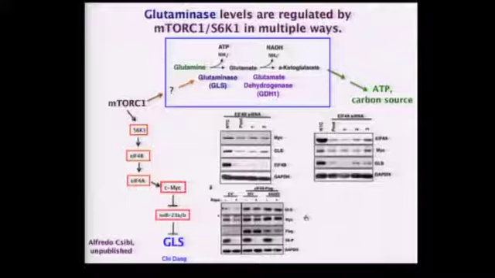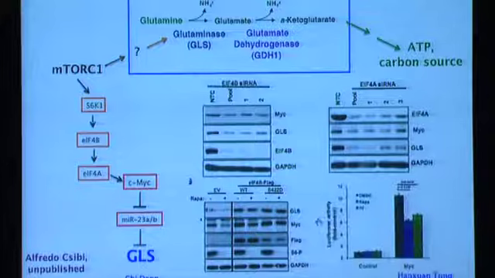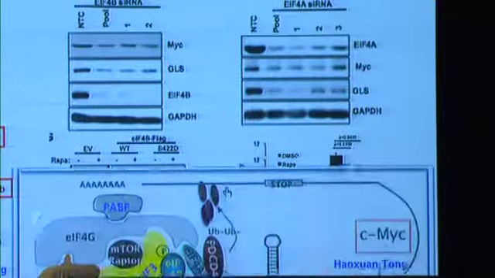And this is an important experiment for this model. Remember I told you if you mutated that phosphorylation site to aspartic acid, it's always in the translation pre-initiation complex. So we express that protein, we add rapamycin, and we rescue the effects of rapamycin on both GLS and c-MYC. And then finally, Haosheng Tong in Tom Roberts' lab generated a 5' UTR connected to a reporter construct, and we showed with that construct that, again, rapamycin and the S6 kinase inhibitor would block the translation efficiency of this reporter.